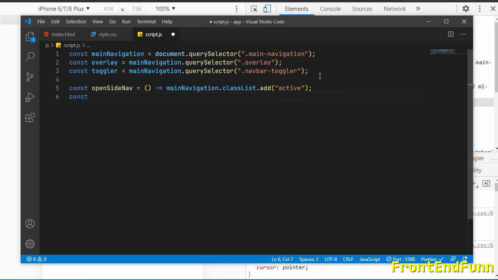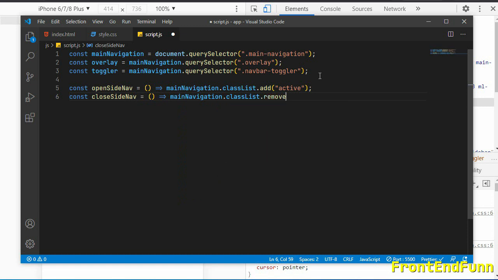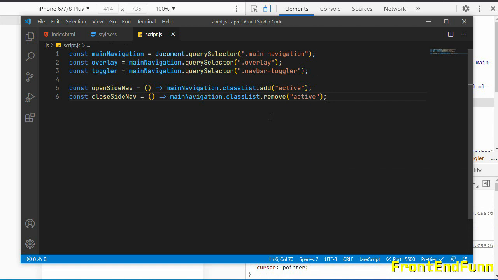Similarly for the close side nav, main navigation dot classList dot remove active. Okay, so I'll make use of this function two times, that is the reason I'm making this as functions.